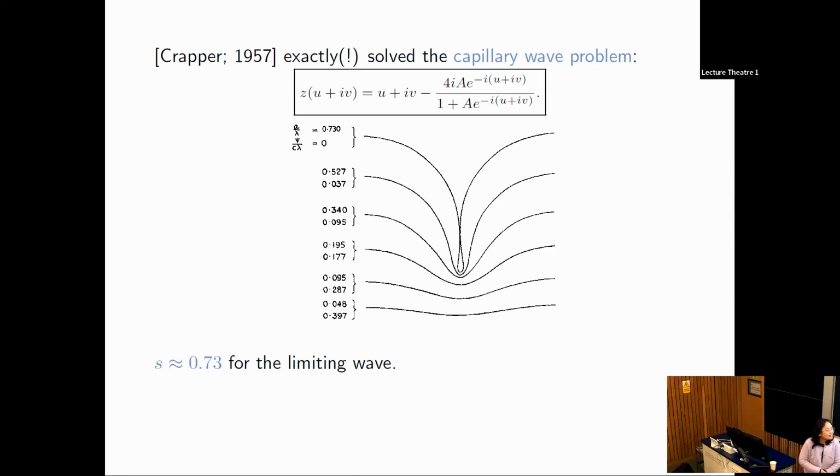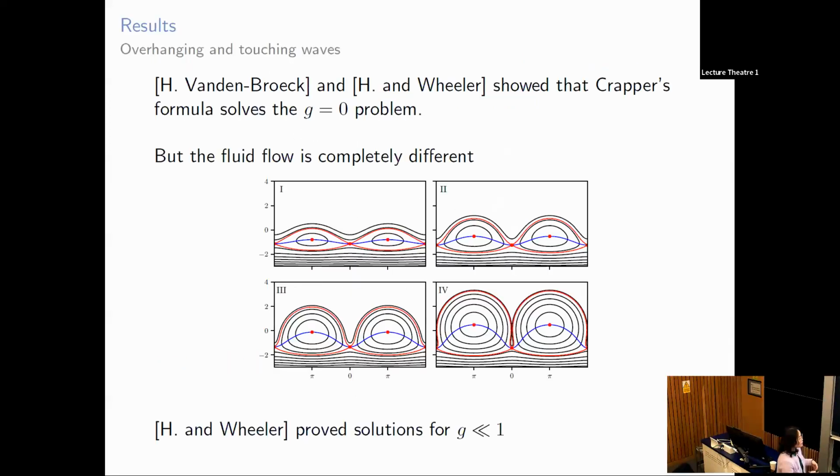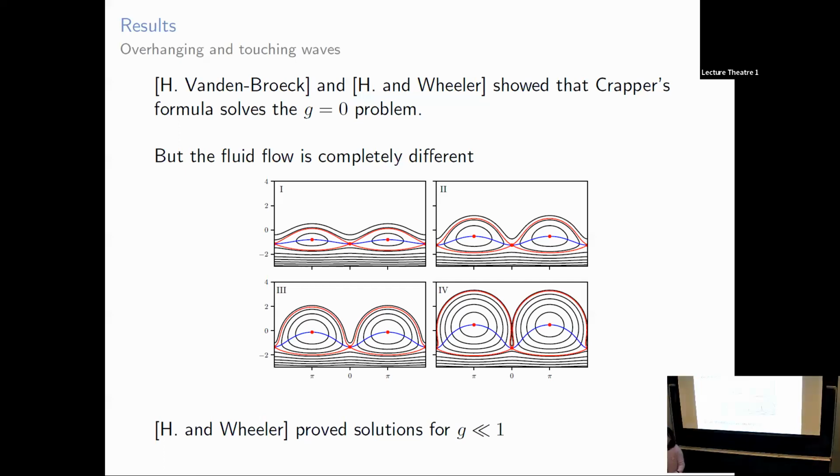Another reason that I think this is a coincidence is that the fluid dynamics is completely different, right? For the capillary wave problem, these free surfaces are streamlines, so in particular, all these streamlines are open, but it is not the case for the constant vorticity problem. Nonetheless, this is a good finding, I think,